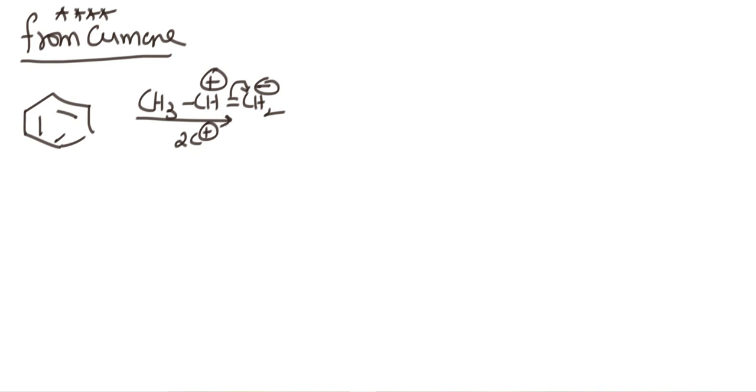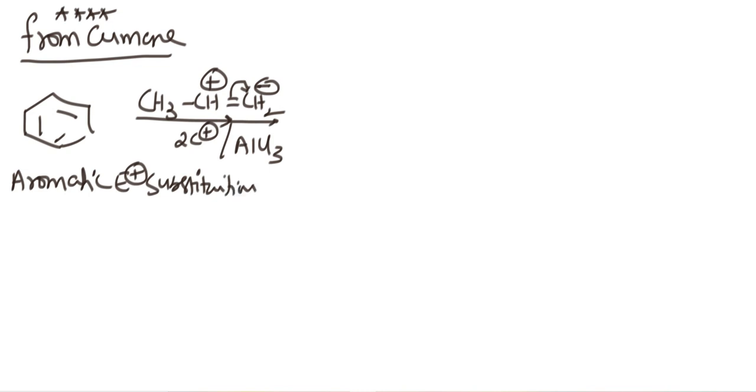So the carbocation is generated, and the catalyst is AlCl3. This reaction is called aromatic electrophilic substitution reaction. Where is the aromatic electrophilic substitution? The bond shifts like this, negative, then the electrophile is connected to the ring. Then what you are going to get? What is the part attached? It is like this mechanism.